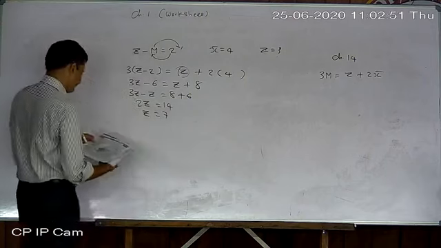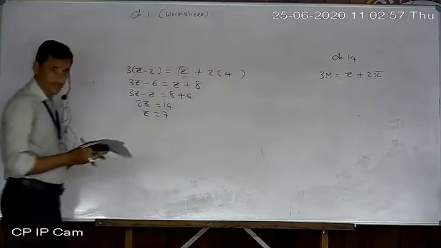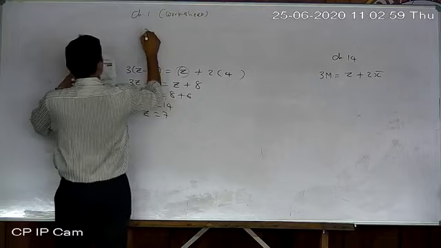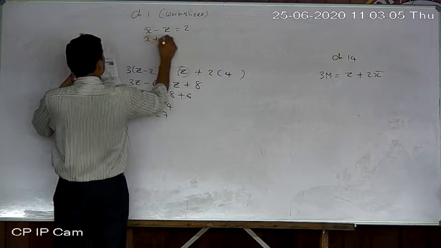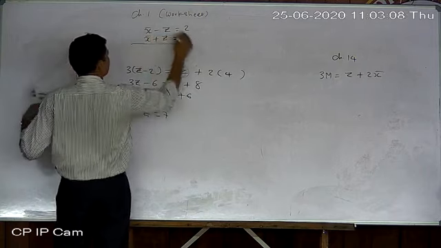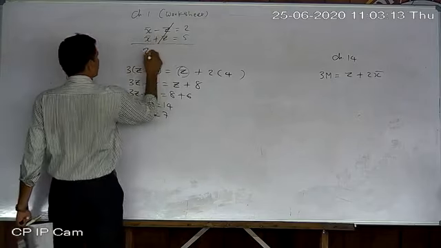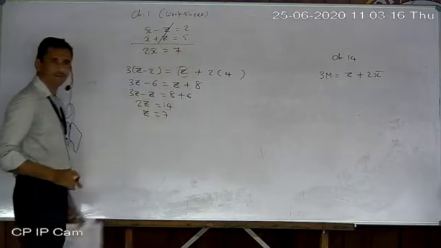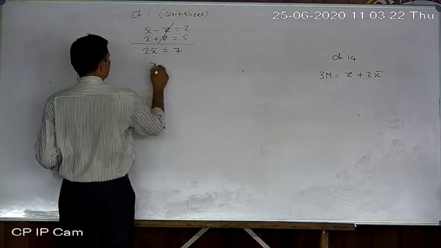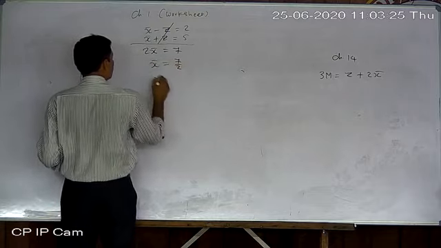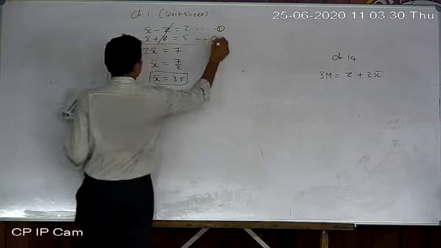Now number 3, that was number 2. So in number 3, two equations are given, simultaneous equations. X bar minus z equal to 2 and x bar plus z equal to 5. Just solve these equations. By adding both equations, minus z plus z cancel out, so 2x bar equal to 7. So what is left? X bar equal to 7 by 2, which means 3.5. So you get one variable. Either use the first one or the second one.